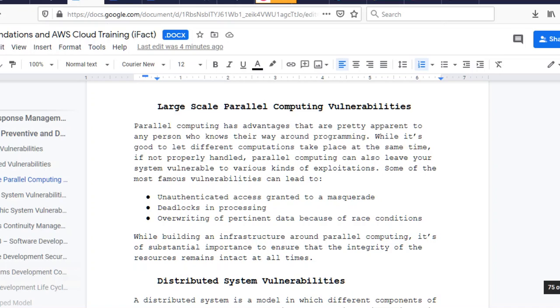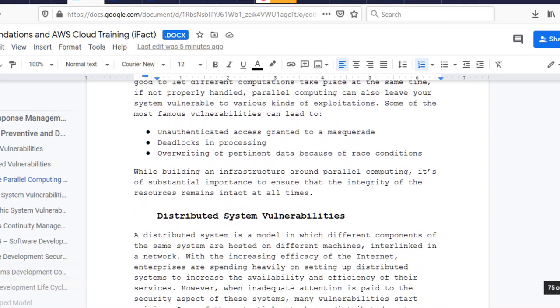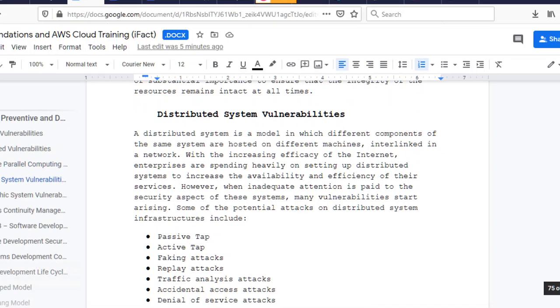Some of the most famous vulnerabilities can lead to, one, unauthenticated access granted to a masquerade. Masquerade is a rogue person or nefarious actor. So you have deadlocks in process, you lock yourself out, overriding of pertinent data because of race conditions. So these are some of the problems in parallel computing. It is pretty fast and powerful, but it has its own downside. There are also distributed systems vulnerabilities. You have passive attacks, active attacks, faking attacks, replay attacks, traffic analysis attacks, accidental access attacks,